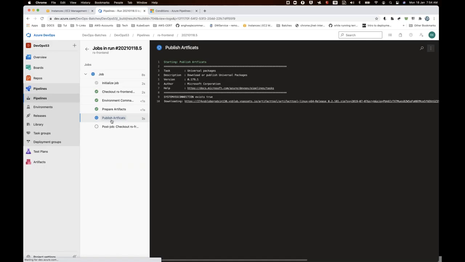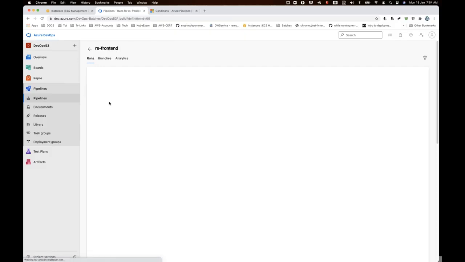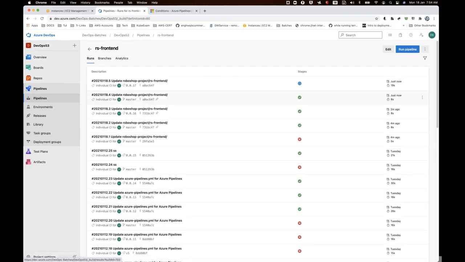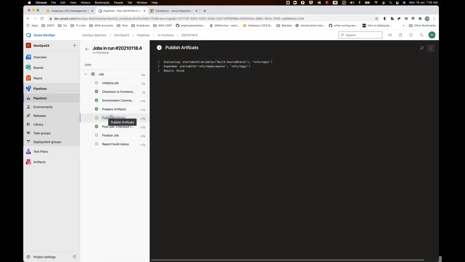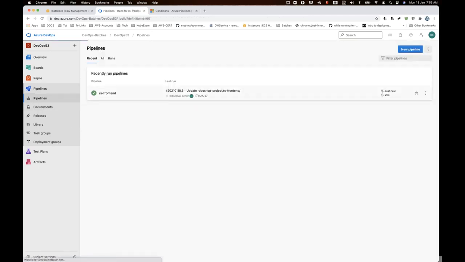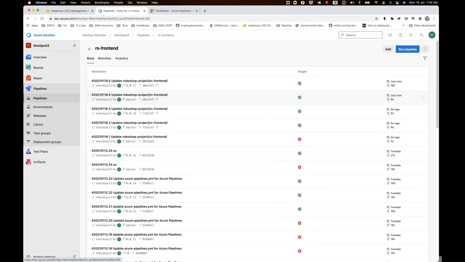Cool. You see this? Publish Artifacts is working fine. But if you go to the other old one, which is for the master, you can see the publish artifact is skipped. Here it is refs/heads/master, because you're looking for tags. So this is what I wanted to achieve basically. Every time I don't need an artifact. Sometimes I need an artifact, and that time I'm going to create a tag and publish an artifact with that.